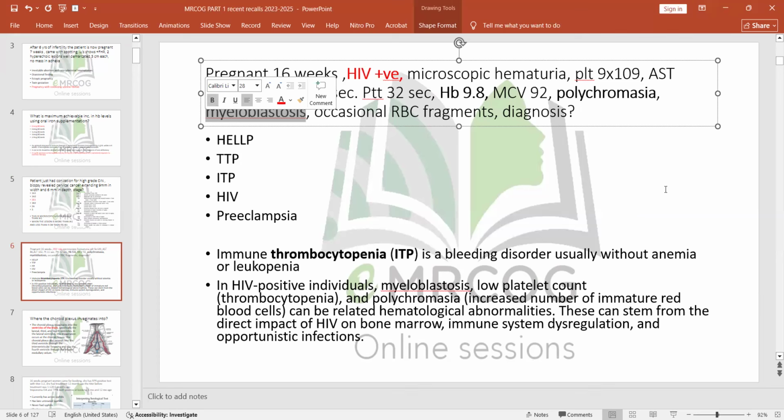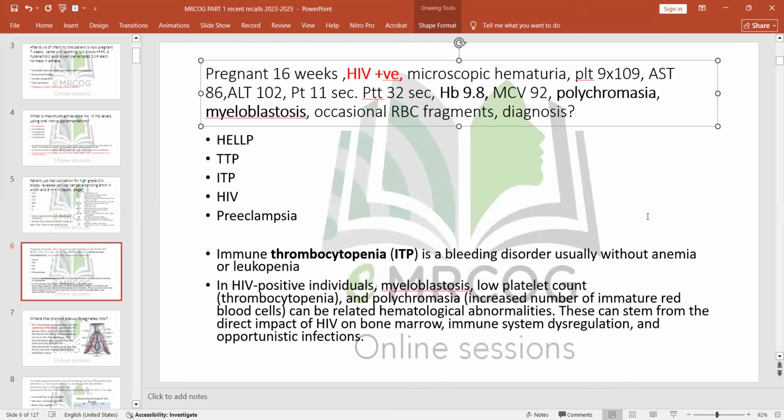Okay, I'm not talking here about anemia only. There are occasional RBC fragments. Okay, so what would be your diagnosis? You know, without HIV positive, I would diagnose this as myeloma. Definitely. This is myeloid leukemia. Okay, a typical case of myeloid leukemia. But here they mention that this patient is HIV positive. So yeah, maybe this is because of the HIV. It happened. Okay, it's not familiar, okay?